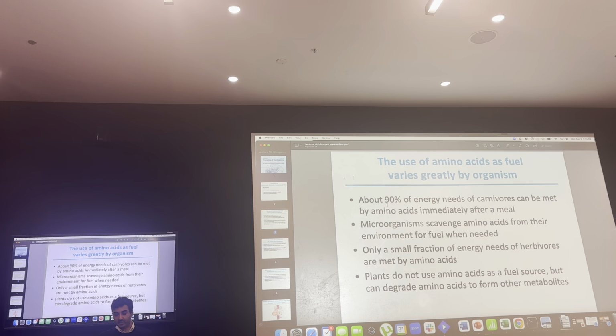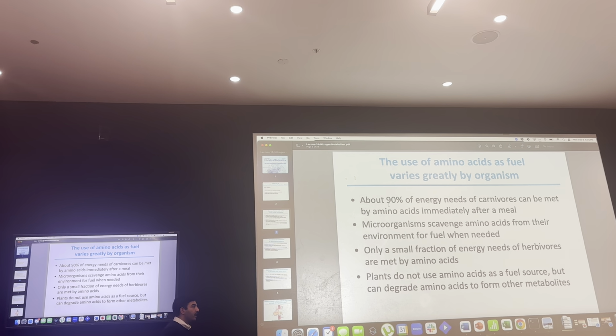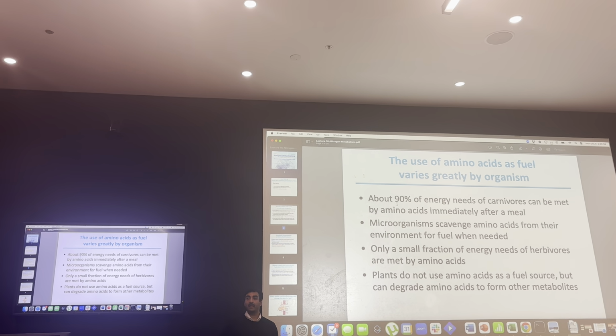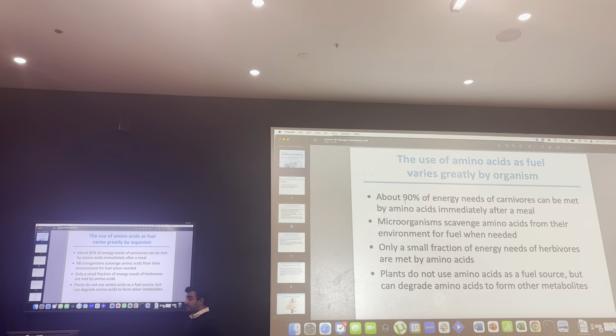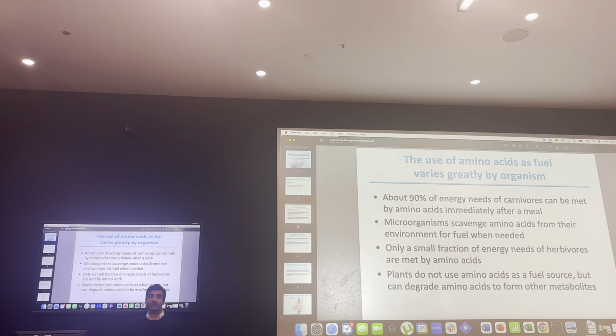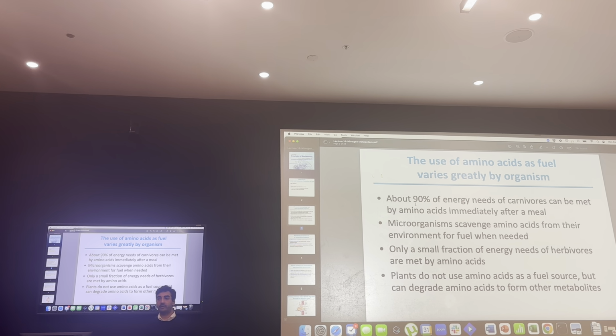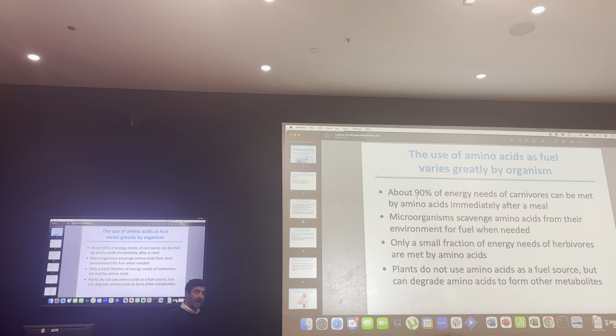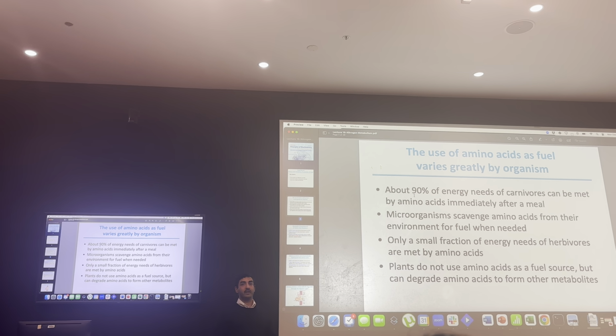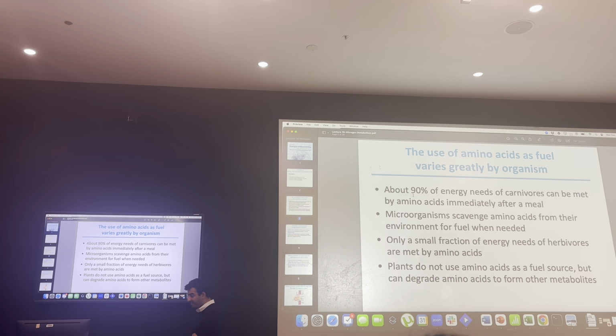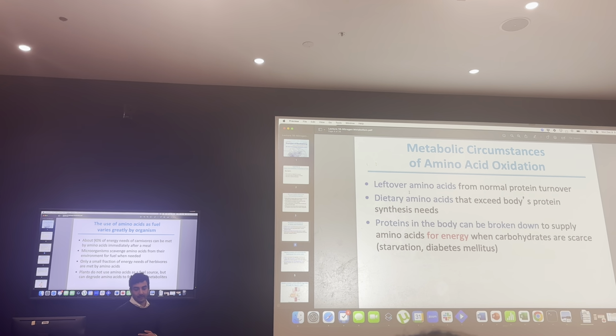or let's just start with terrestrial vertebrates, right? So you have carnivores, which might be predominantly eating meats, and therefore you would expect that they would have upregulated nitrogen metabolism, right? As opposed to herbivores, you would expect would not have such a high nitrogen metabolism, right? Obviously we're omnivores, so we have to balance this